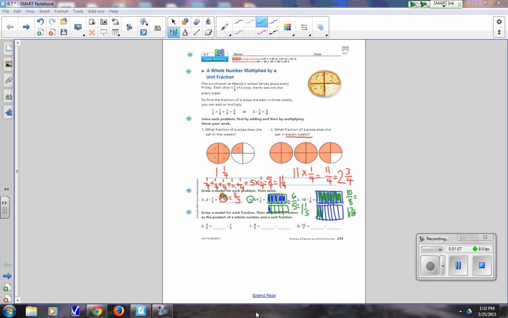10 times 1/8, as you can see, I have 8 pieces in my rectangle, and I've filled in 10/8. 1, 2, 3, 4, 5, 6, 7, 8, 9, 10. So 10 over 8 is improper. So you do 8 into 10, which is 1 whole, and 2 eighths. So then from here, it asks us to write each fraction as a product of a